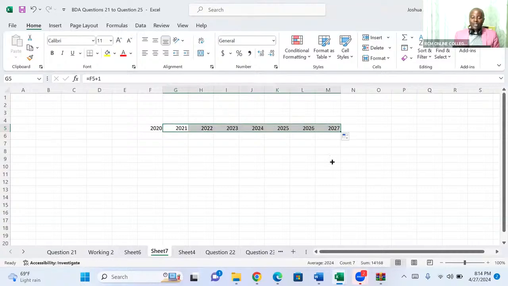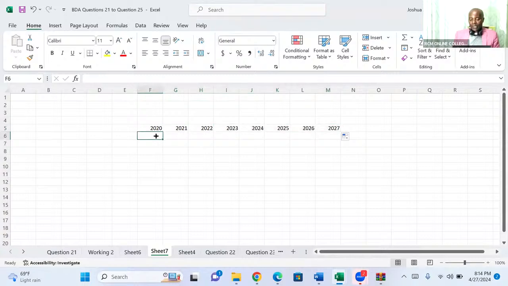Whichever. I can pull it like that. And then I'm able to get my 2027. I'll be able to repeat this, don't worry. Now, ladies and gentlemen, once I'm here, assuming I have some figures here, assuming here I have 12, maybe it